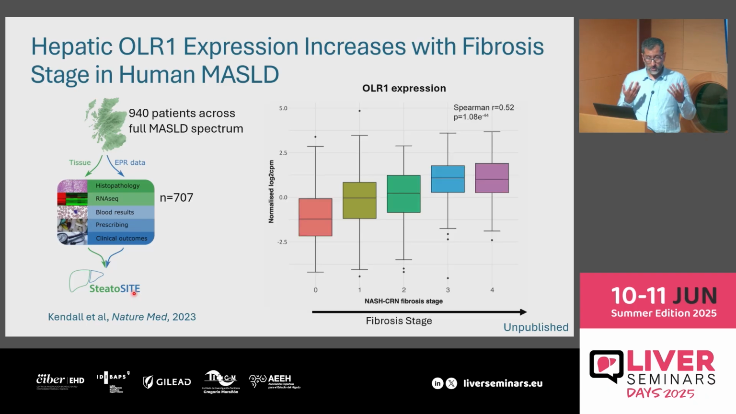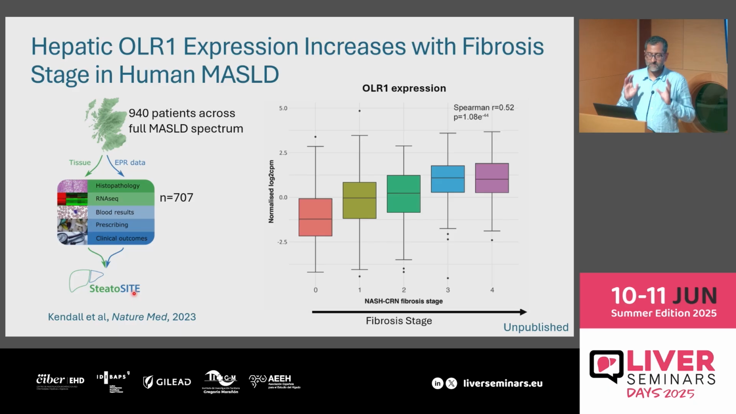So we could then look at OLR1 expression, and what we see is that OLR1 goes up in these biopsies with fibrosis stage. So this is not just a feature of end-stage disease, this goes up alongside fibrosis in earlier stage disease as well. Now, the other great thing that they have with the steatocyte data is clinical outcomes,